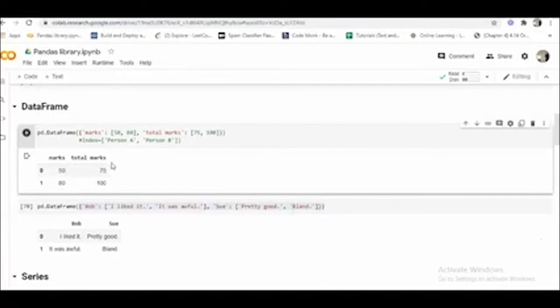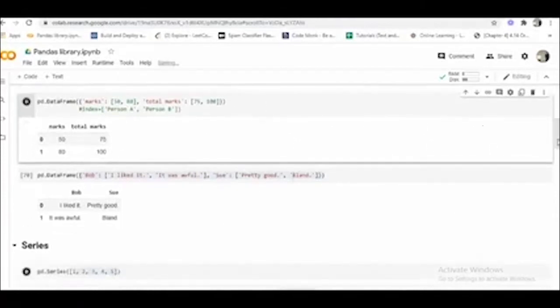If you want to give your own index values, we need to give the index values like this. Otherwise, it will take 0 and 1.